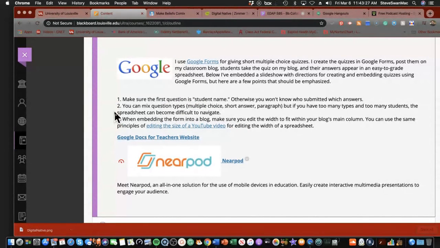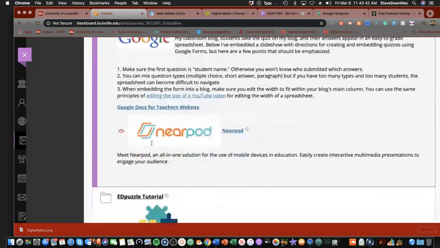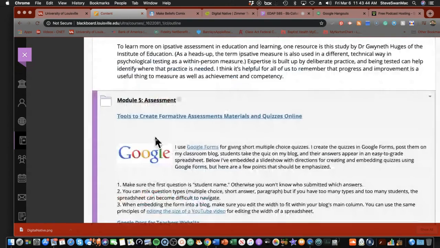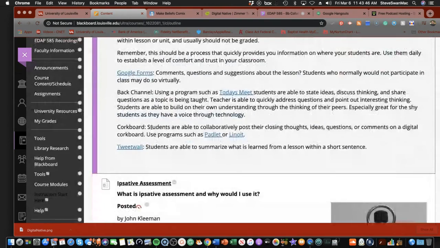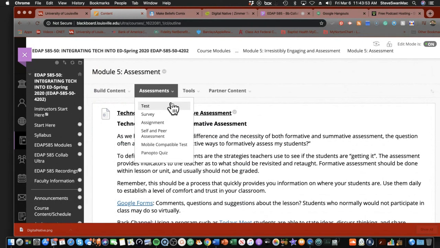And the idea of this is that you're going to find one tool that you could use as a way of sharing information with kids. The other will be you'll create a little formative assessment using one of these: Google Forms, Nearpod, or Edpuzzle. They all have strengths, and they all are very, very easy to use, I think.